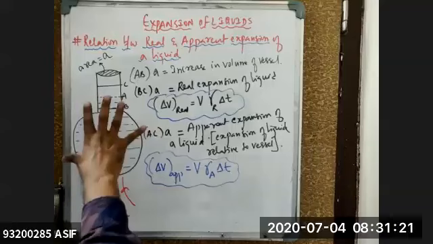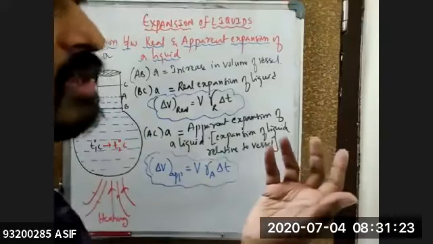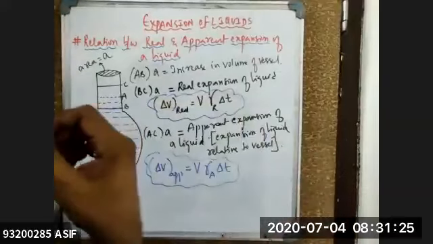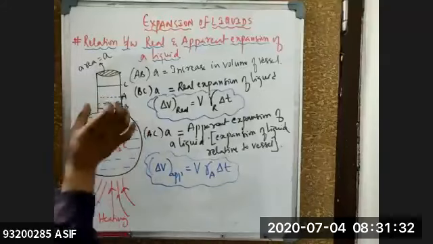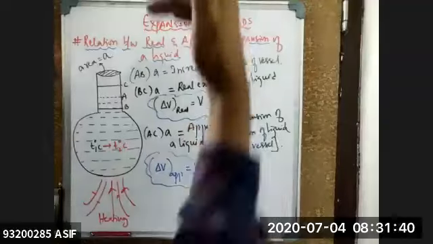Vessel. Because of the vessel, what happens when the vessel is being heated? The vessel is made of a solid, n number of atoms, so it will undergo expansion on heating. So the vessel is undergoing expansion. When it is undergoing expansion, what is happening to the level? It is slightly increasing. If it is increasing, will the liquid level drop or rise? It will drop. So now it has dropped.